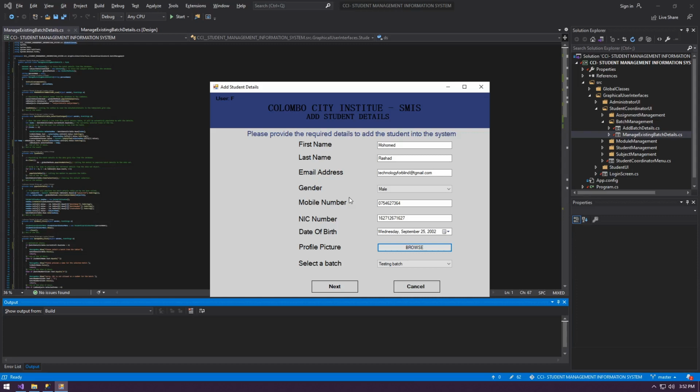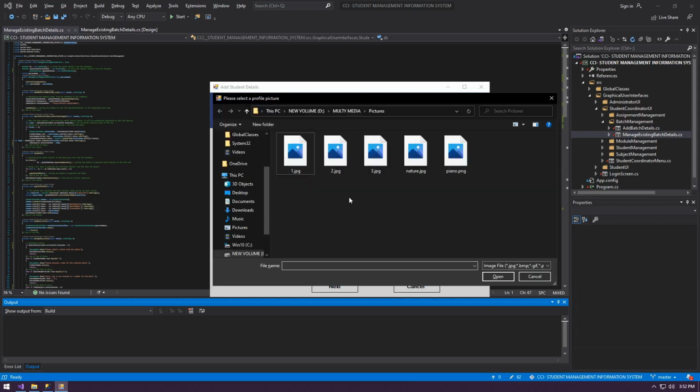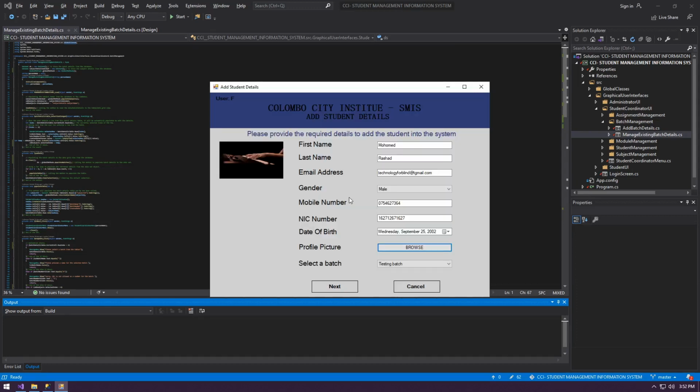Okay, let's select the profile picture. I have a piano.png item. Select that. Add student details. Browse button. It will pop to the screen. Select the batch combo box collapsed. Here the batch comes. Now you have to have batches added to the system. If not, you can't move on to the next screen. Okay, so let's select